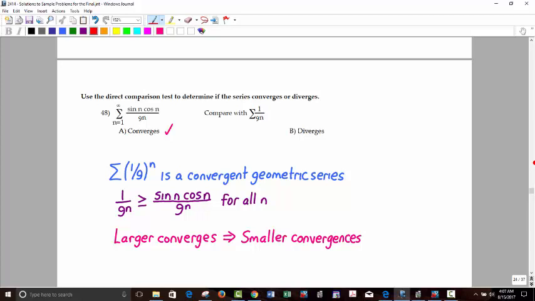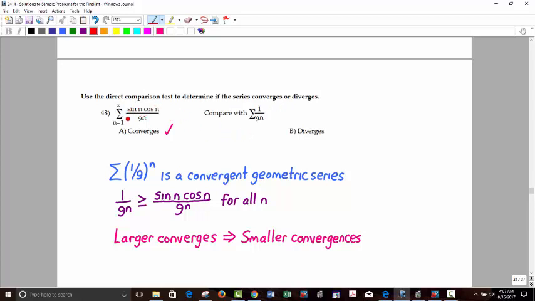So there are some series that would not come to a conclusion by the direct comparison test, but they would by the limit comparison test. But this one is good for direct comparison, because the limit comparison test would not make any sense here. You couldn't even really use it for this one. It would not produce anything of any value. It'd be no good. But direct comparison is perfect for this because